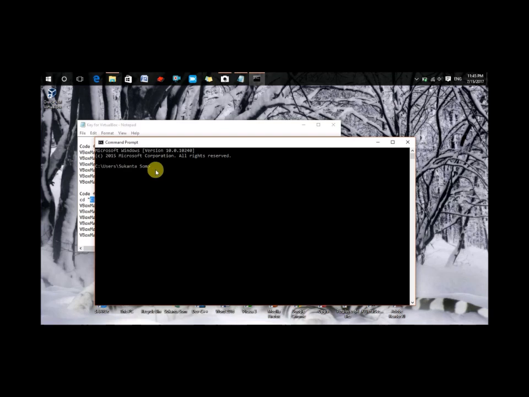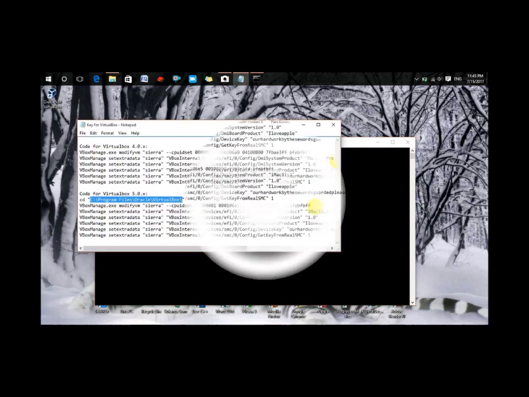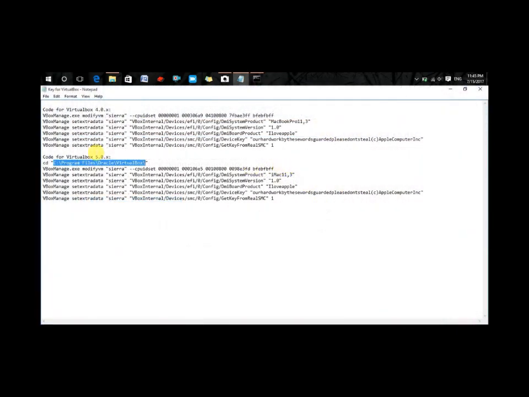And here write CD and paste the virtual drive path. And now paste all the code. I am using 5.0x, so I am going to use these codes.